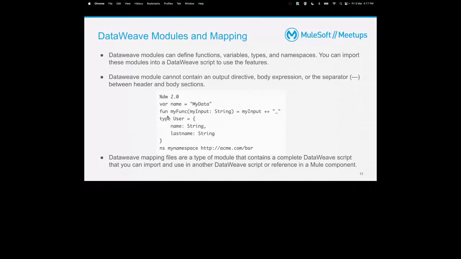to use these features. For any function which is reusable, we can create a library, add that function in that library, then just import that library and reuse that function in multiple projects also. Like if there is an analytics project and we have to calculate mean, mode or something multiple times, you can create a function, publish it into Exchange, and reuse that library and that function. Okay, a DataWeave module cannot contain an output directive